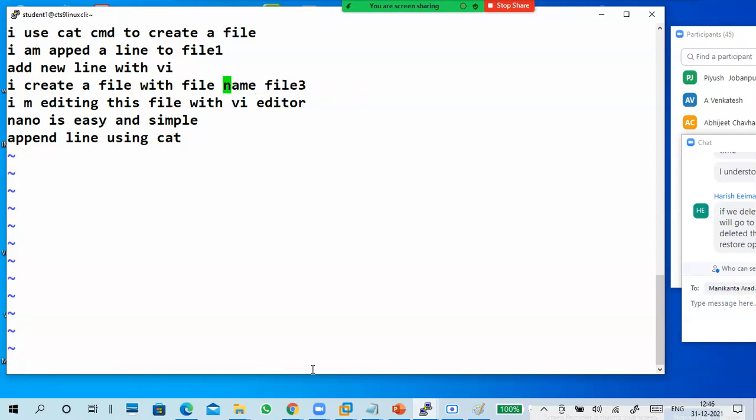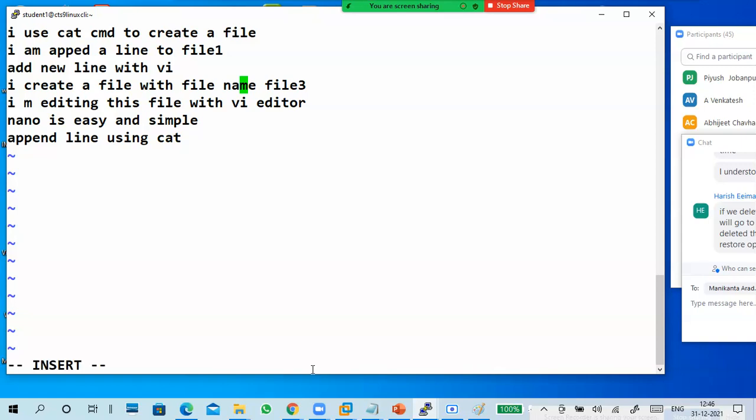Again, escape. So where is my cursor? For example, my cursor is at M. It is highlighted M only, but I'm pressing i.